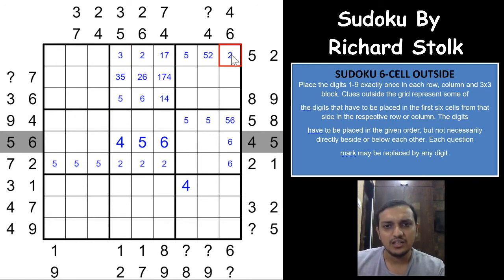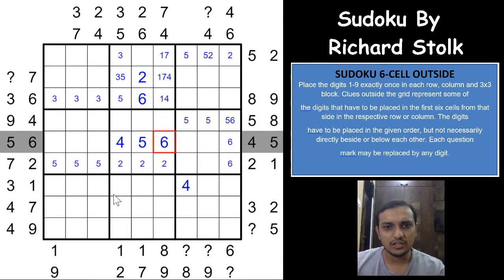And which means that 2 will have to be in one of these 2 cells and 2 cannot be here. So that gives you a 2 here and a 6 here. Nice, again, superb. And with that you get a 3 and 6, right? So 6 is already there, and before that you need to have a 3, and 3 cannot be in any of these 2 cells, right? So 3 would have to be somewhere in these 3 cells. That's nice again.